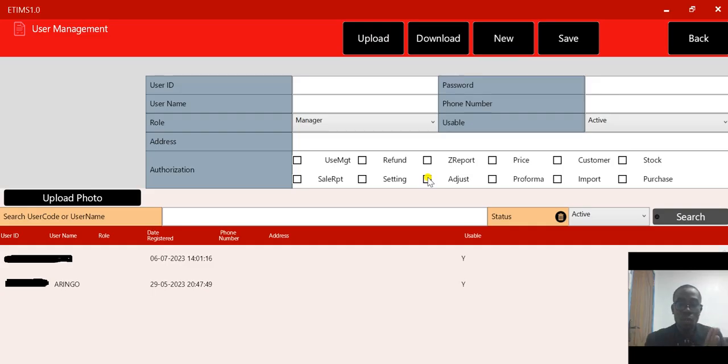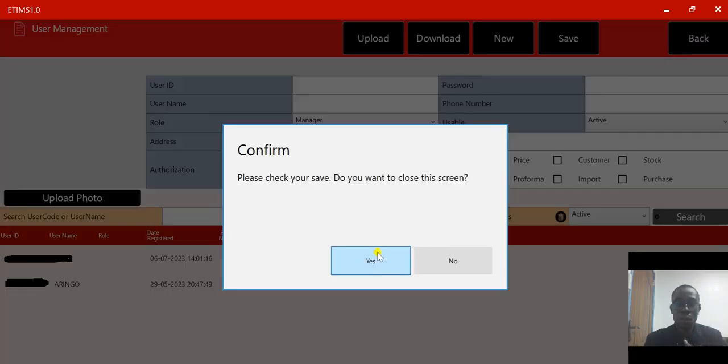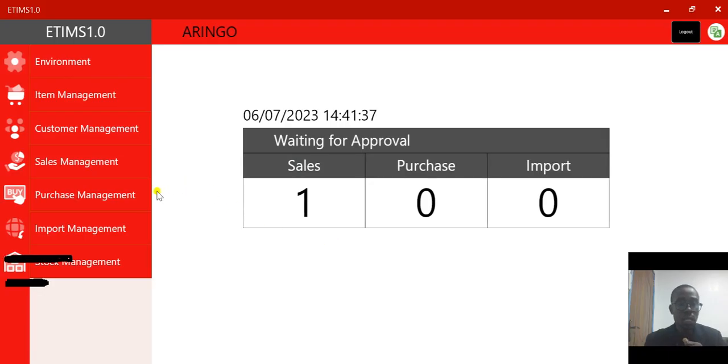Even you as an accountant, or you as an admin, when you are creating your users, make sure that those that will be charged with the responsibility of approving the invoice have this box checked so that they will have the approval permission. So looking at that case, you're saying